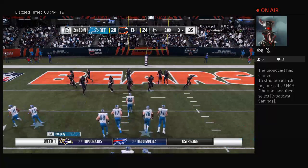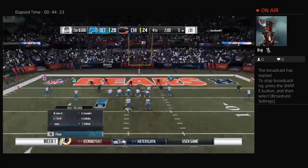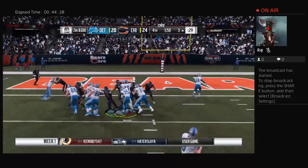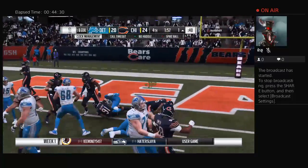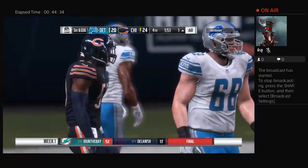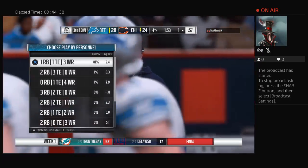They'll go again from the 3 here on 2nd and goal. They'll give it to him up the middle. They get 3 yards closer, but still work to do. It's 3rd and goal. 2 straight shots on the ground. Now on 3rd, do you go to the air? I think the